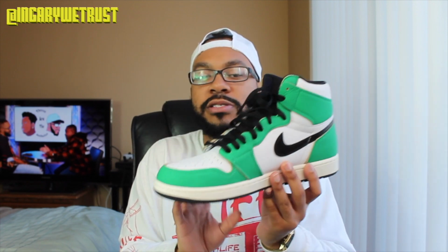I was able to pick this up at my local Shoe Palace. So shout out to Shoe Palace for holding me down. I won the raffle over there, mainly because I don't think there were a lot of people really gunning for these too much, but I see that people are slowly catching on to how dope this shoe is, especially since the holidays just passed, so everybody was looking at anything that had green and red accents on the sneaker. And the last pair that sold at my size was 258,